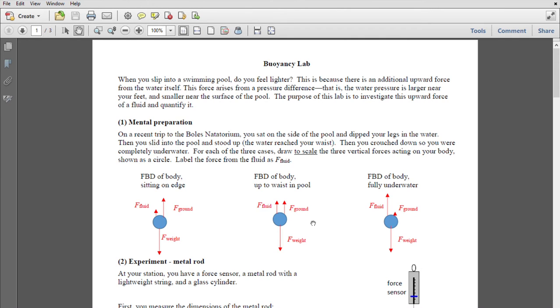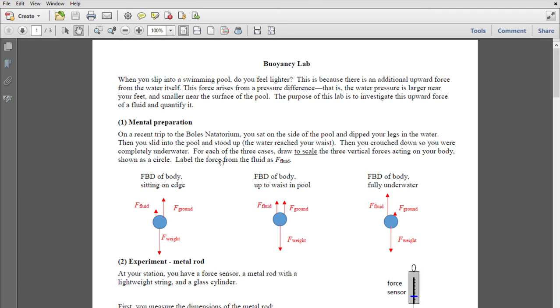This is an explanation of the solution PDF to the buoyancy lab, which was supposed to be an experience with investigating Archimedes' principle and the idea of buoyancy. So in the first part, you're supposed to draw some free body diagrams where the free body diagram is for